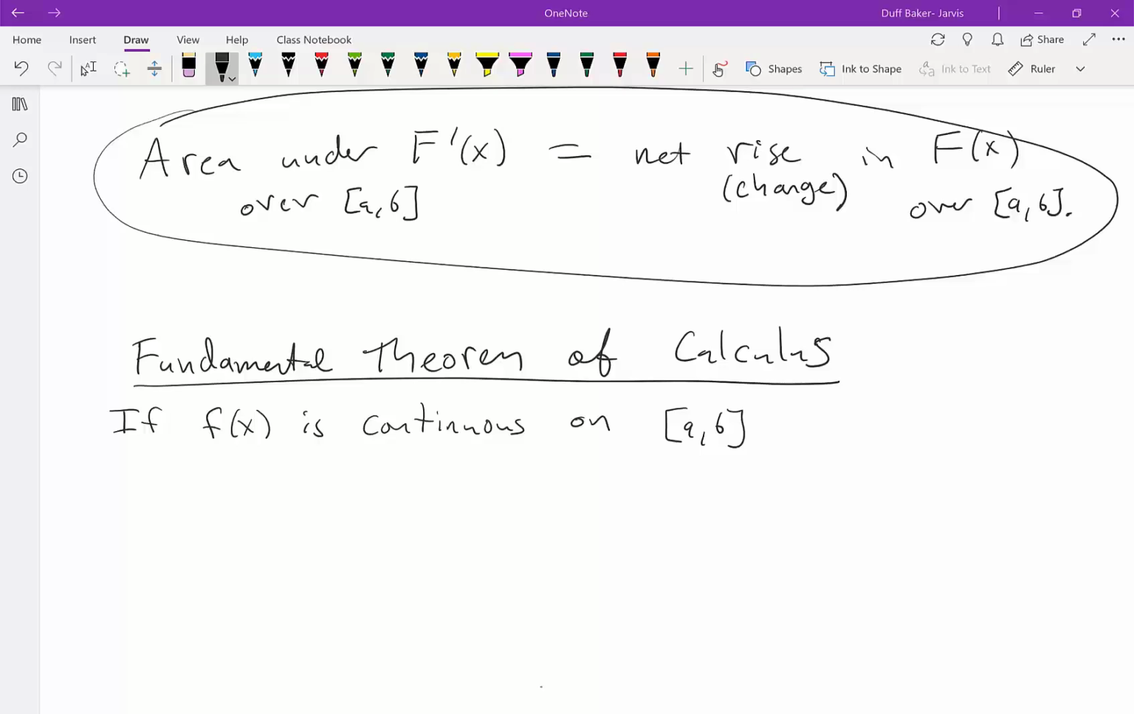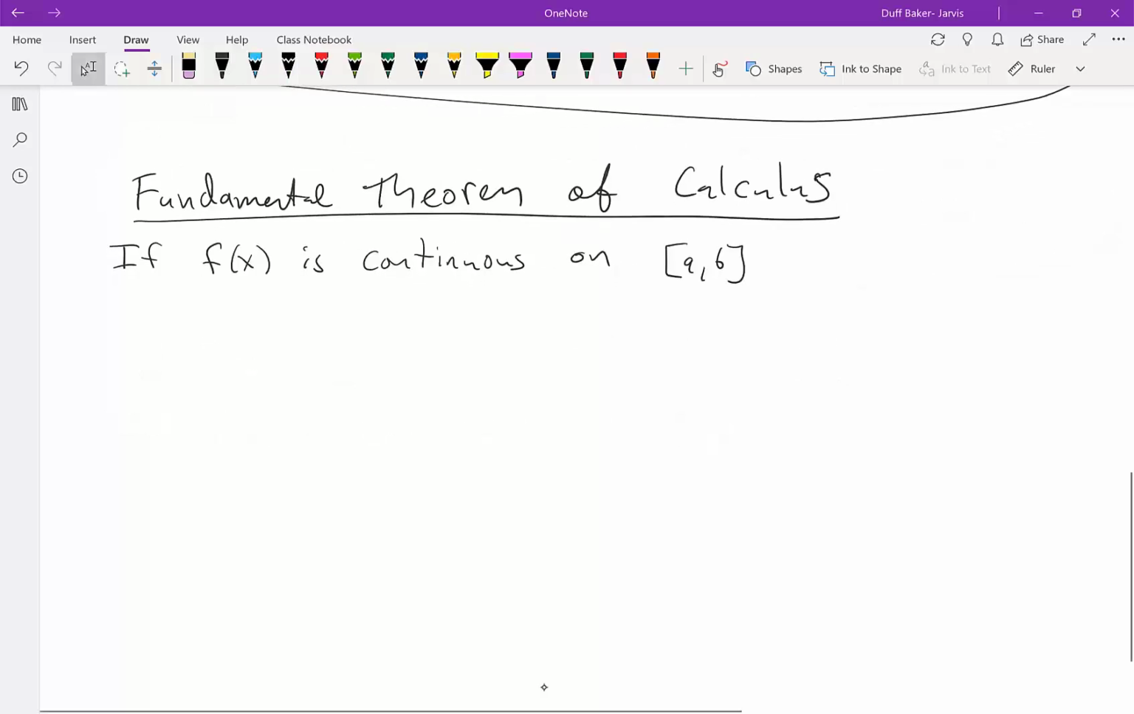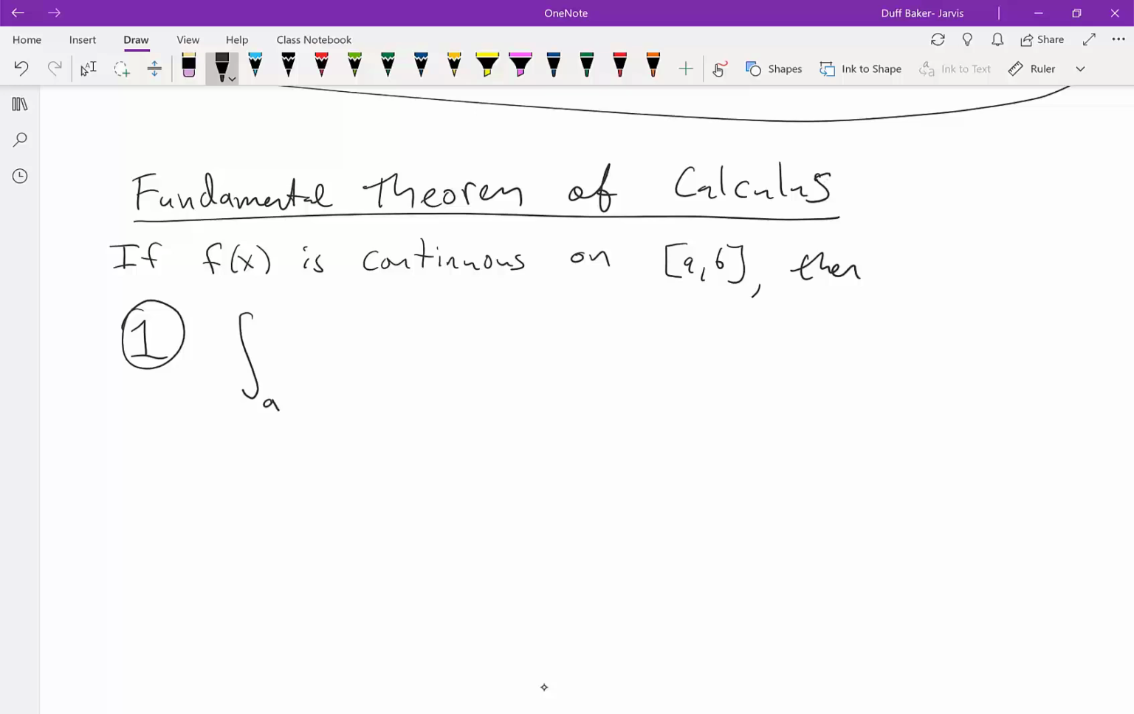So it says if we have a continuous function on an interval, it turns out it doesn't actually have to be continuous, but that's the version we're going to stick to. It holds more generally. Then we can say two things. So part one, there's sort of two important parts to this, says that if I do a definite integral from a number,